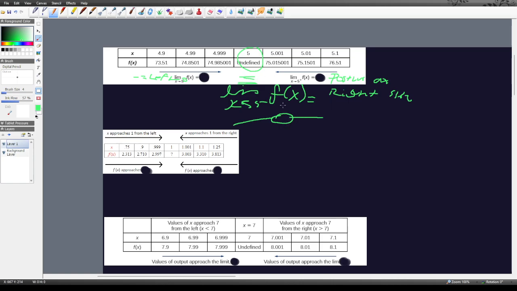And here we can roughly estimate that our limit is approaching 75. And here, likewise, we can estimate that it's approaching 75. So since these two agree with each other, we can conclude that the limit of f of x will be equivalent